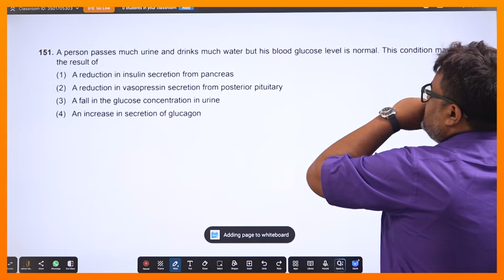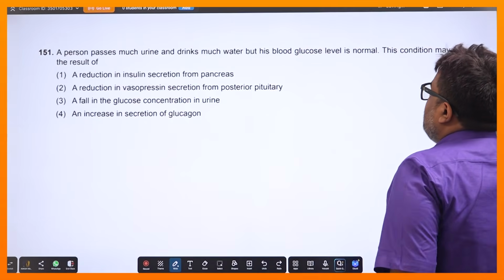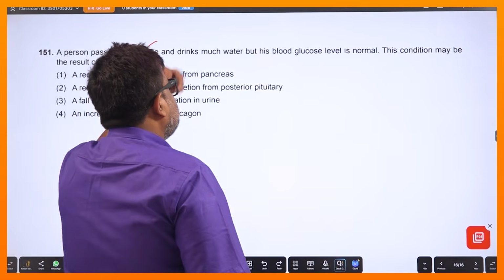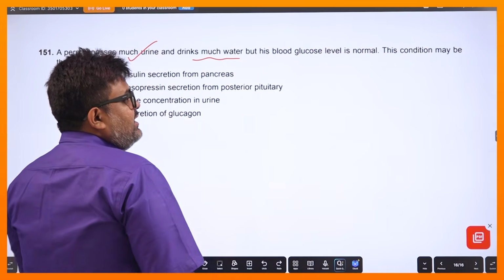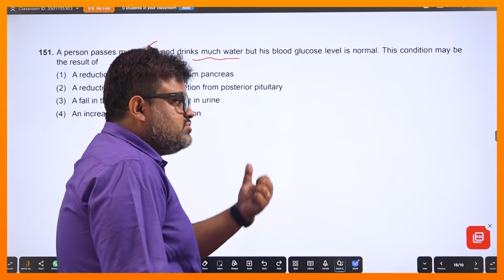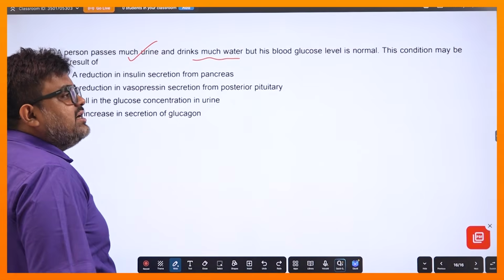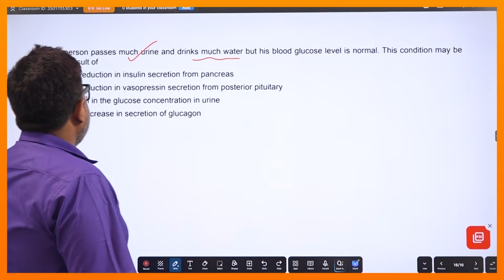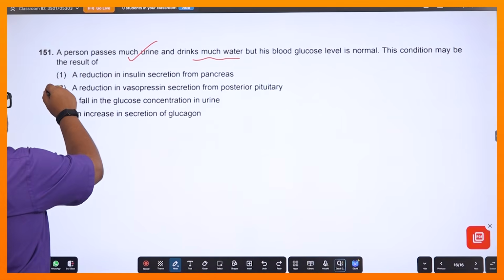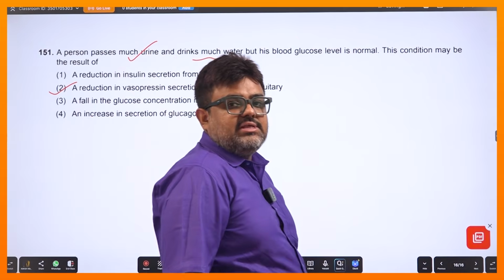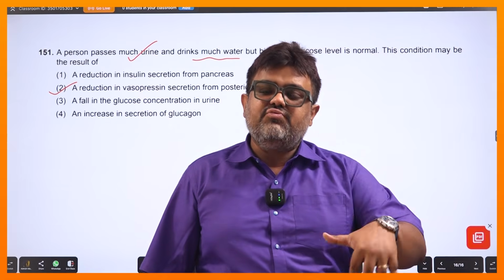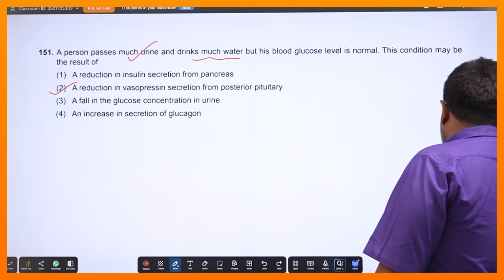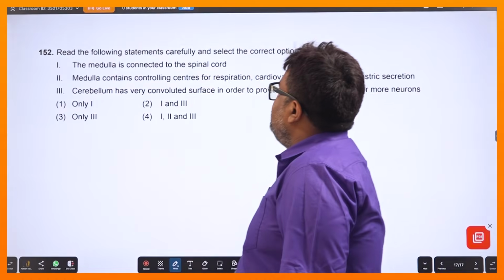নেক্সট, a person passes much urine and drinks much water but his blood glucose level is normal. এবার যেহেতু মাছ ইউরিন করছে, আবার মাছ ওয়াটারও কনজিউম করছে, মানে ওই এক্সট্রা ওয়াটারটা ঠিকঠাক করে রিঅ্যাবজর্ব হচ্ছে না, আর সেটা একমাত্র হয় ভ্যাসোপ্রেসিনের ডেফিসিয়েন্সিতে, যেই ডিসঅর্ডারটাকে ডায়াবেটিস ইনসিপিডাস বলা হয়, ইজন্ট ইট? তো বেসিক্যালি এখানে বলবো রিডাকশন অফ ভ্যাসোপ্রেসিন সিক্রিশন ফ্রম পস্টেরিয়র পিটুইটারি। কারণ ব্লাড গ্লুকোজ লেভেল নর্মাল আছে, ব্লাড গ্লুকোজ লেভেল যদি হাই হতো সেই ক্ষেত্রেও ফ্রিকুয়েন্ট ইউরিনেশন হয়, সেটা ডায়াবেটিস মেলিটাস। এখানে যেহেতু সেই জিনিসটা মেনশন করে দিয়েছে, আমরা খুব ইজিলি এখানে আনসারে রিচ করতে পারবো।